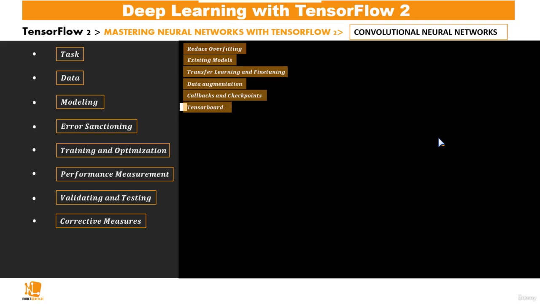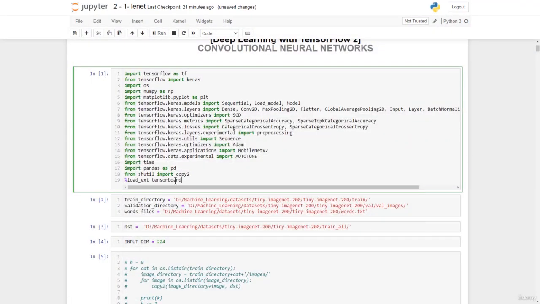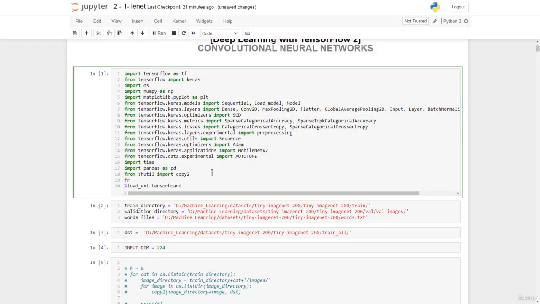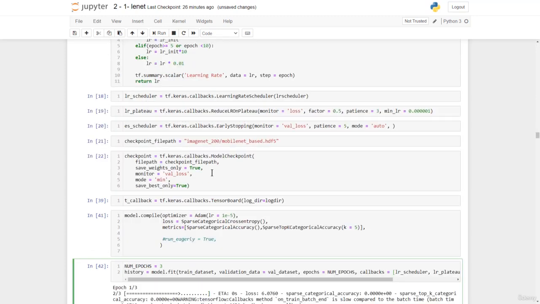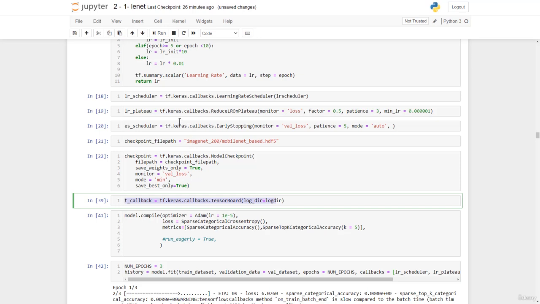the training process. We'll start by loading TensorBoard, then we import the datetime, which we shall see shortly why we need this. Run again. Now TensorBoard being a callback, we define it as simple as this. Just like the other callbacks, we have tf.keras.callbacks, and then we specify the TensorBoard callback